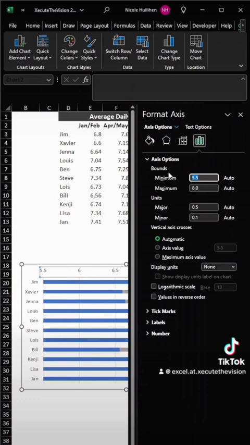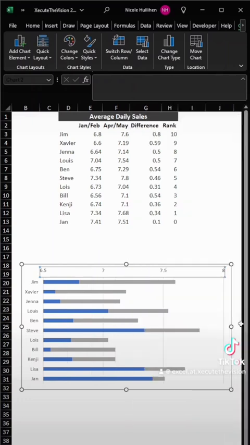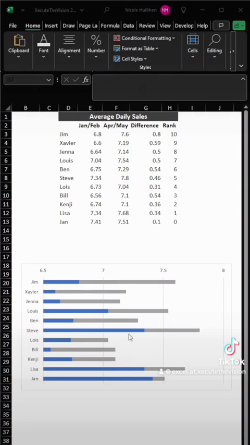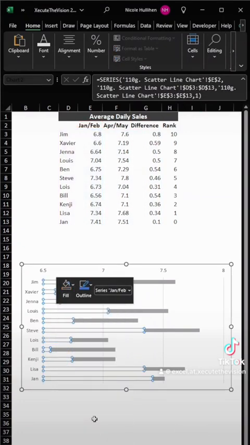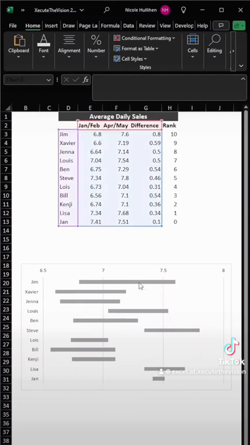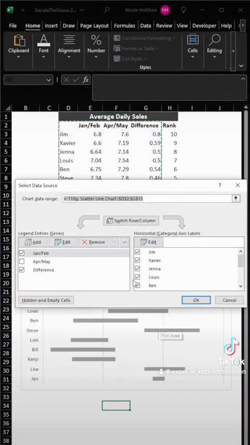Then let's change our minimum, and then we need to change our maximum. Those are based on our values, and then the major, same thing, based on our values. Now you've got your axis across the top ranging from 6.5 up to 8. So let's change the colors here so that blanks out those other bars, and then go back again, right click